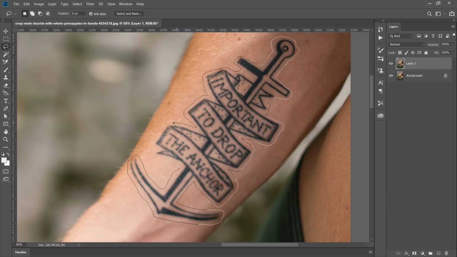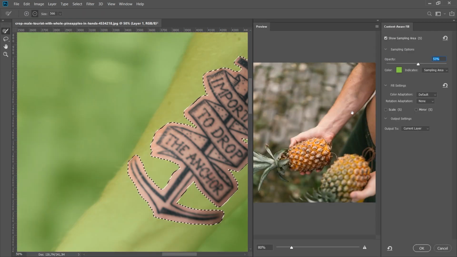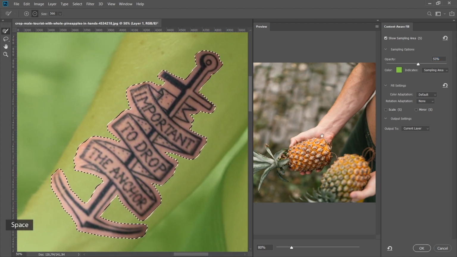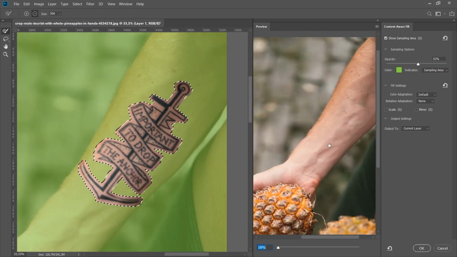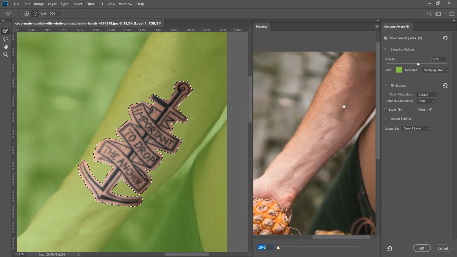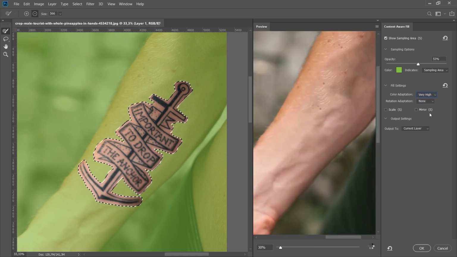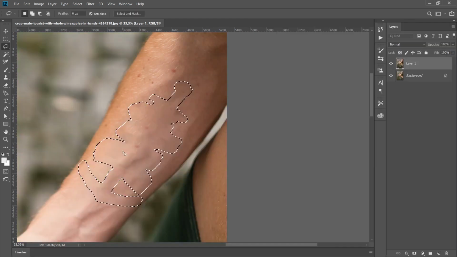Again, under Edit, I select Content Aware field, and here, again we are going to do what we just did. Let's pan the screen like this and let's zoom in a little bit more on the screen. Yes, when I examine the image, I see that there is some small roughness here. I think we can fix this a little bit by editing color adaptation here. I can make this problem disappear by making it very high. After clicking OK, I press Ctrl+D, and as you can see, we have removed all the tattoos on the person,